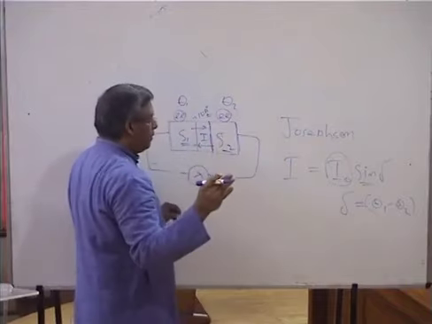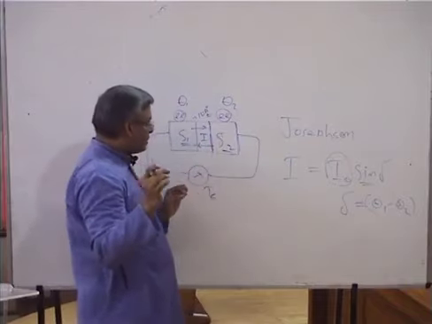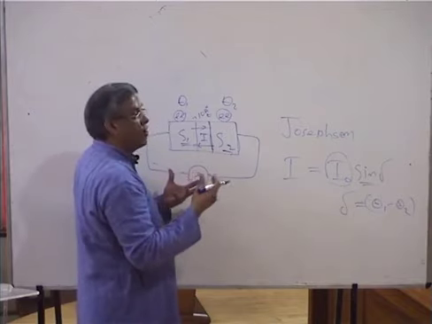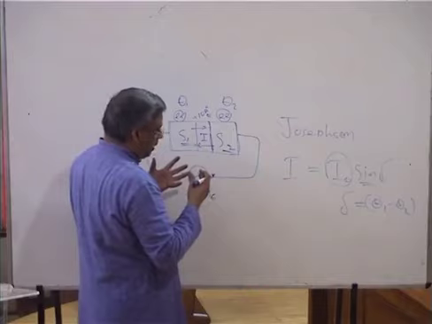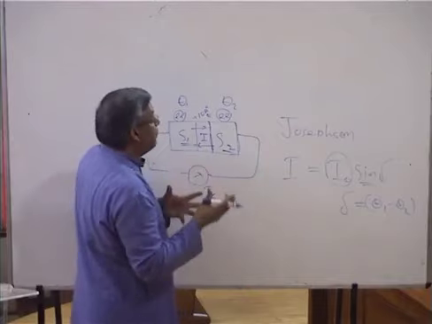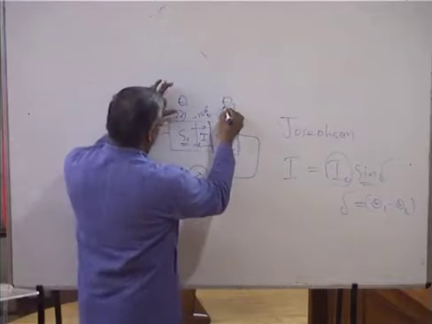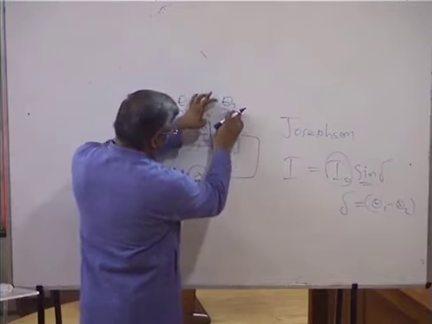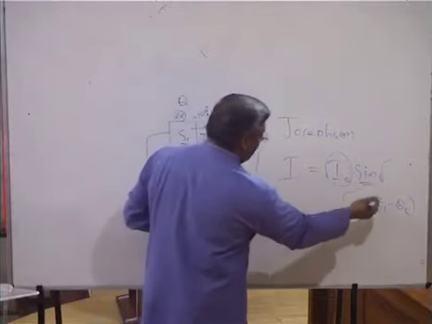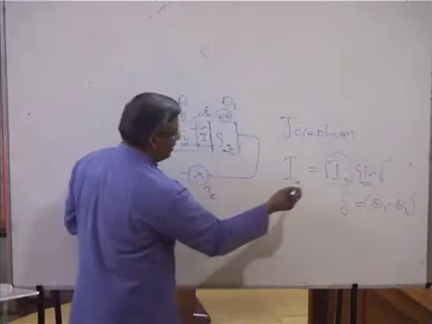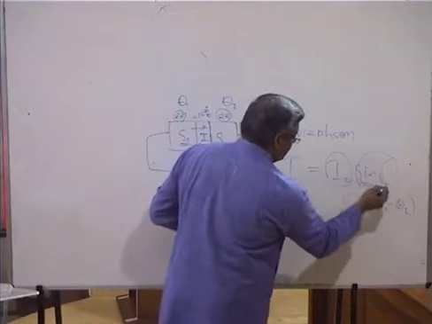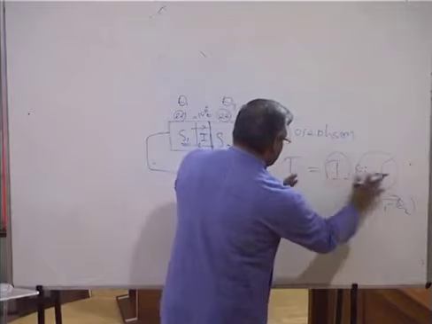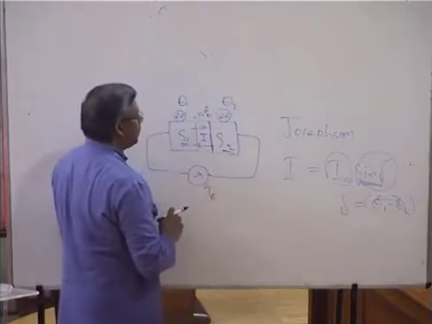You know, there's a new concept coming in. Every small particle, as we have studied in quantum mechanics, can be expressed through a wave function. They are not just particles, they are at the same time particles and waves. That is why the wave function of this particular Cooper pair will be having a phase of theta 1, and the second one will be having theta 2. Just imagine that, and this del. So you can imagine the constant current, even though there's a sine function here, this is a constant value because theta 1, theta 2 are fixed. So you have a constant current passing through this particular junction.